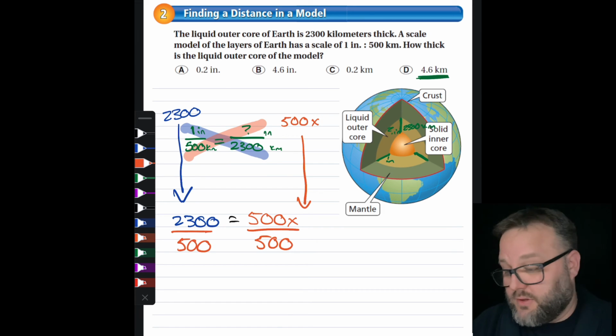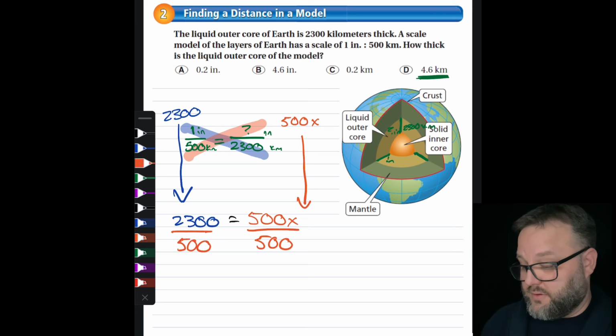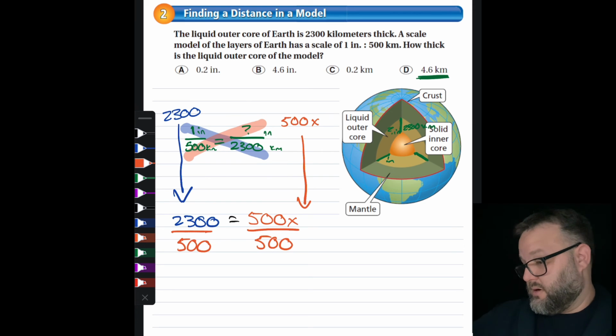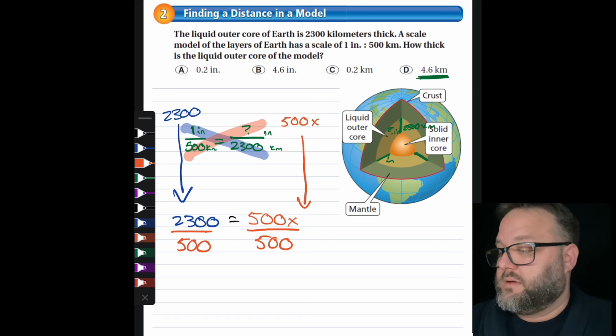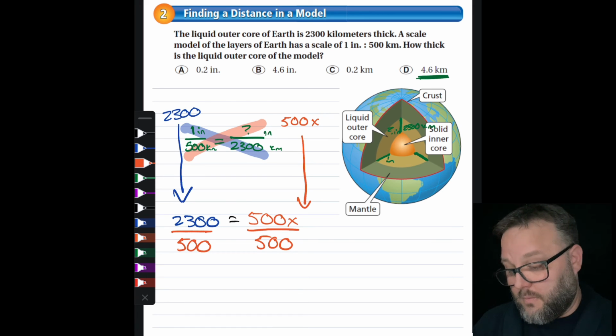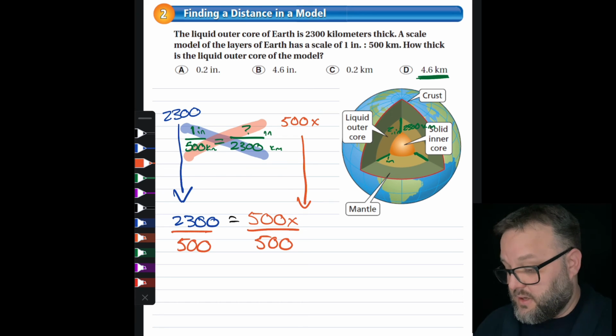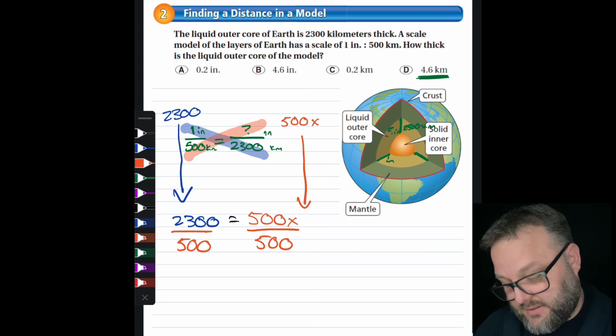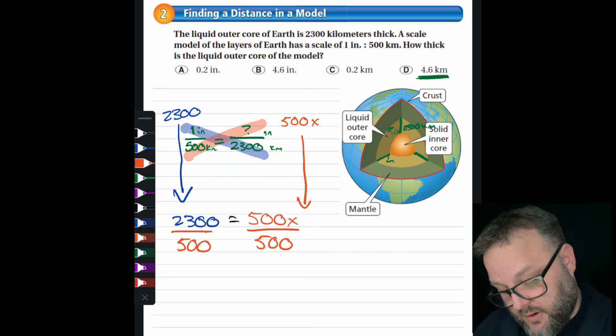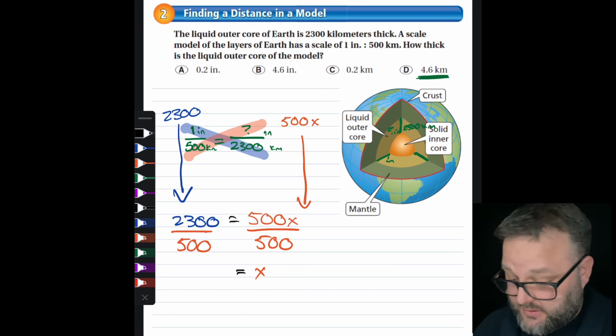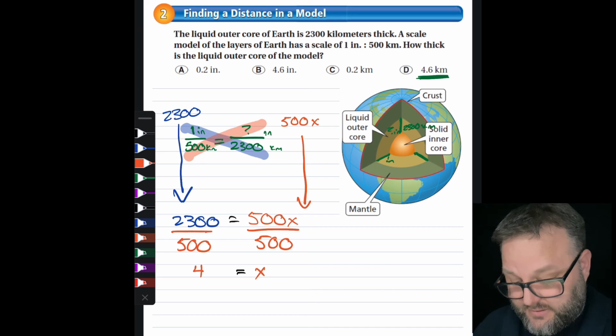Now, 2,300 divided by 500, what did I do with my trusty calculator? I betcha. There it is. Give me a second. Trusty calculator, I have 2,300 divided by 500. And I get 4.6. So here I have x, there's my equal sign. And what color? I'm going to choose orange just to stick with it. 4.6. So what this tells me